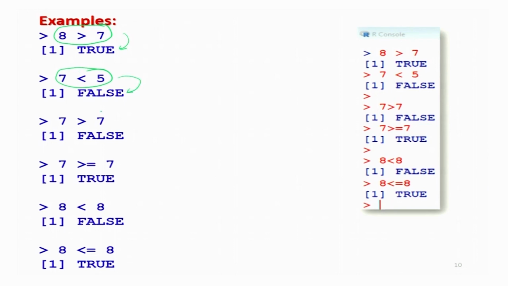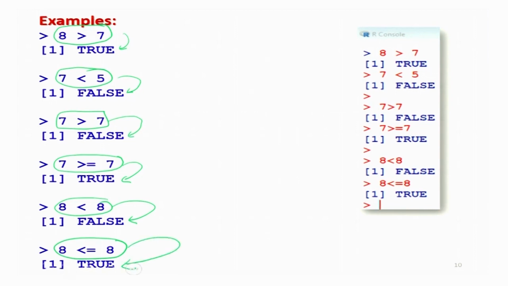Then I try to take here 7 greater than 7? Answer is no. So, the answer comes out to be false. But if I try to rephrase this question as 7 greater than or equal to 7? Yes, answer is correct. So, this comes out to be true. Similarly, if I try to take a statement like 8 is smaller than 8? No. So, the answer here is false. And when I rephrase it, 8 is smaller than or equal to 8? It is correct. So, that is why the answer comes out to be true,